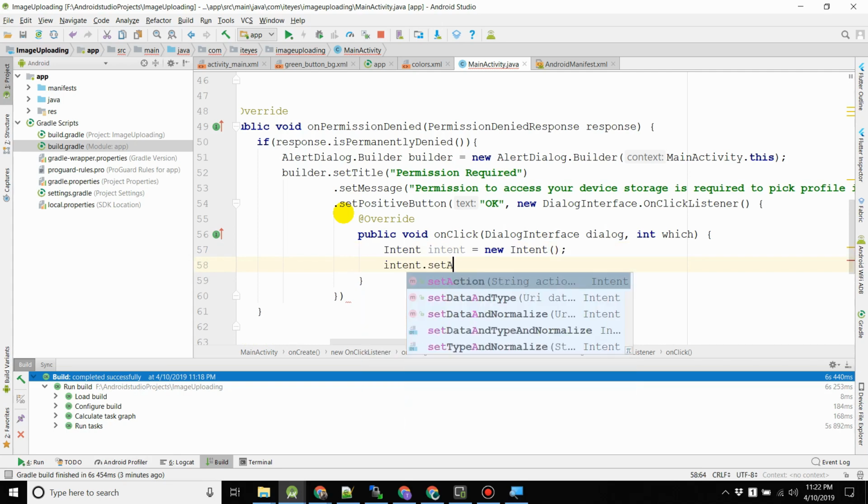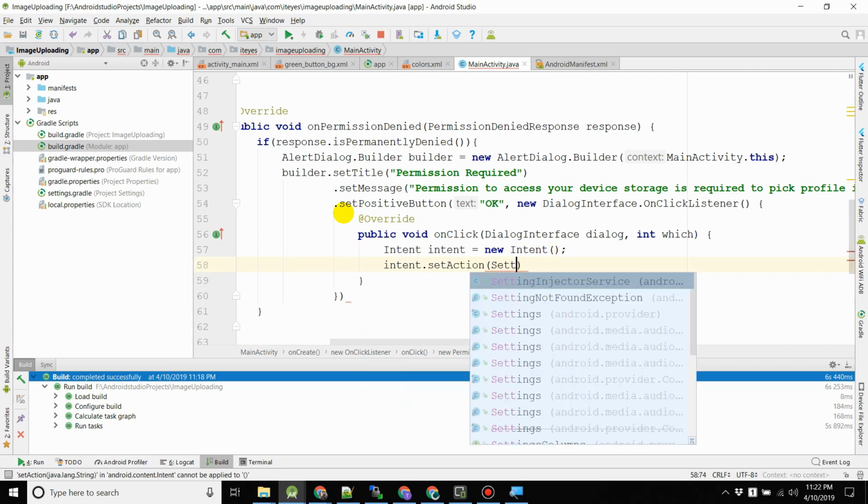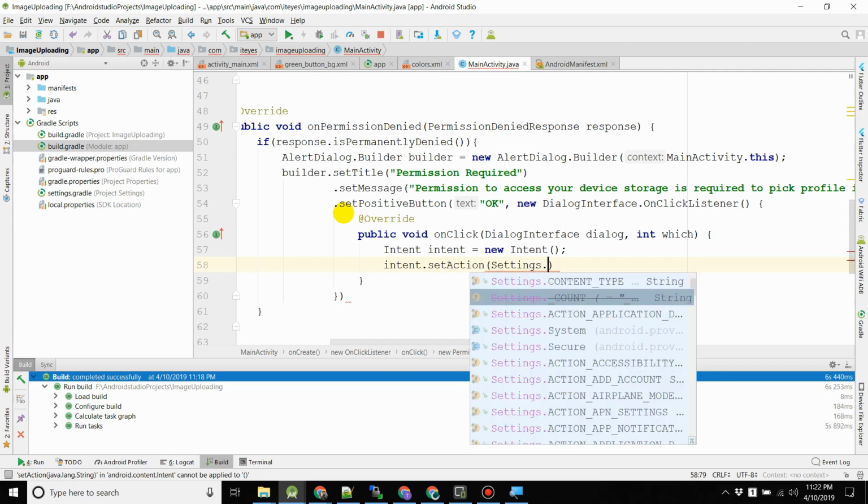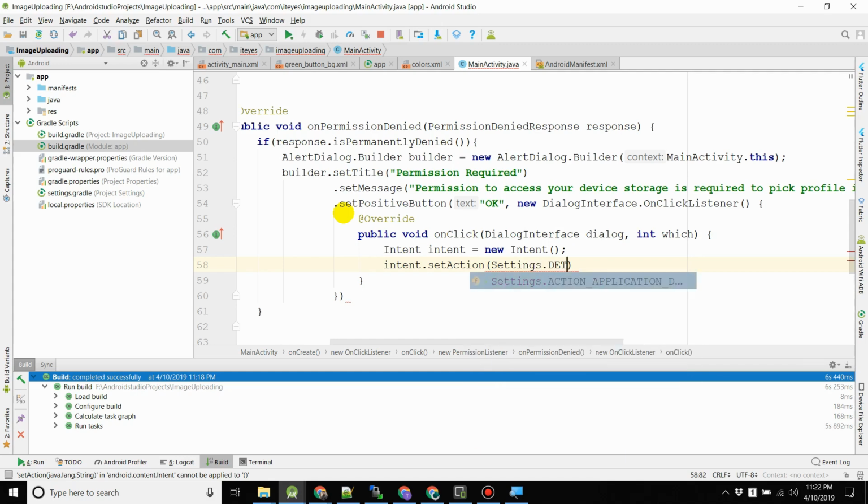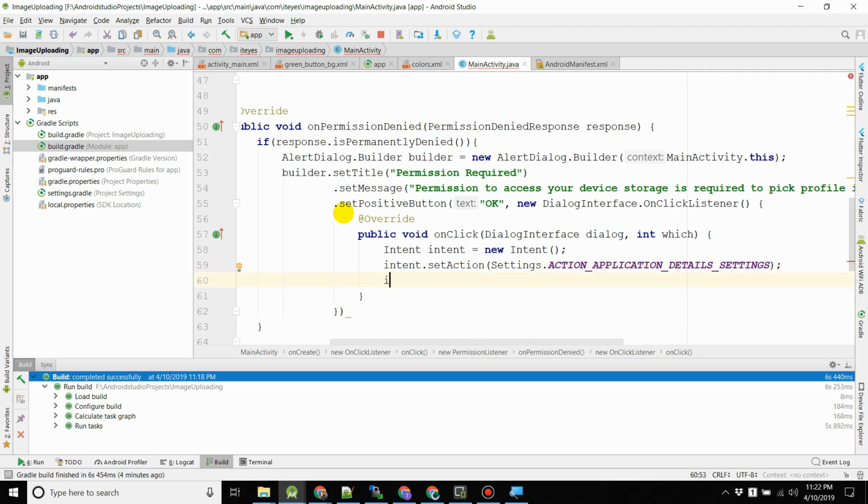Dot set action, Settings.ACTION_APPLICATION_DETAILS_SETTINGS, dot set data, Uri.fromParts, package, and then getPackageName,